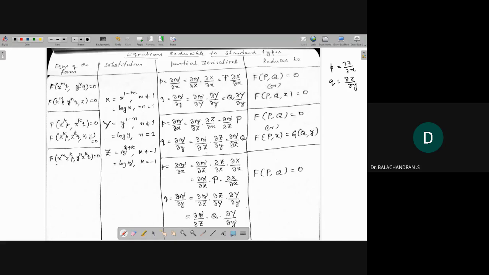And these two categories are transformed into type 1 or type 3, that is a function of P comma Q or function of P comma Q comma Z. And these two categories are transformed into first type or fourth type. First type, you know that. Fourth type is a separable equation. P and X are one side and Q and Y are other side. And this is the third category. This category is transformed into the first type. Okay, now,